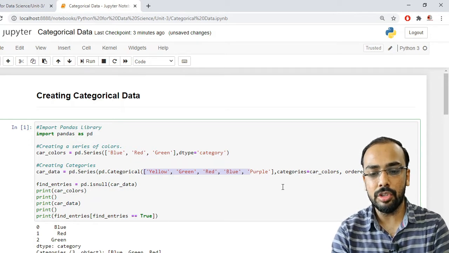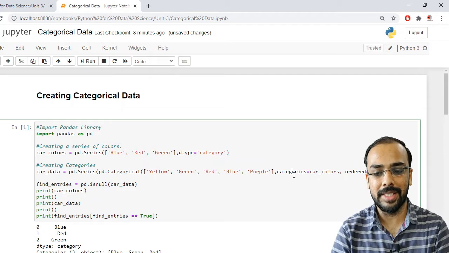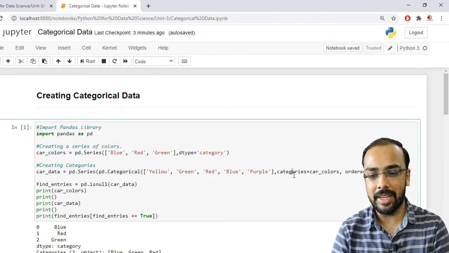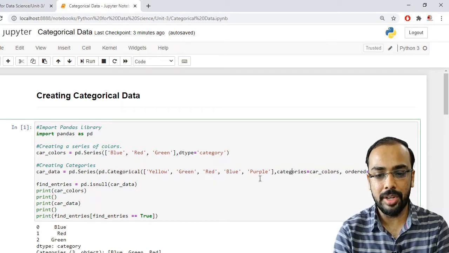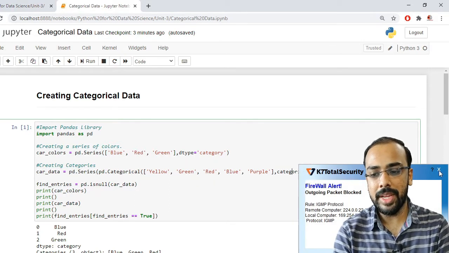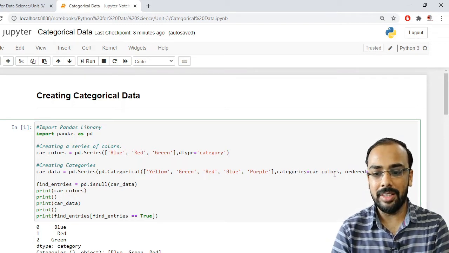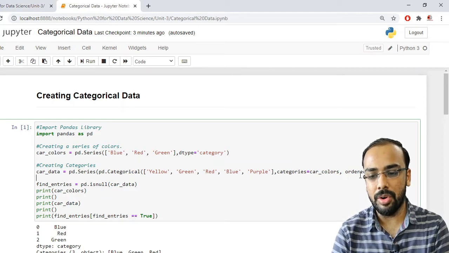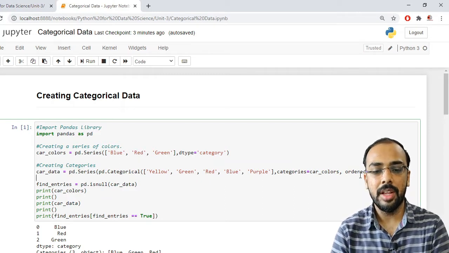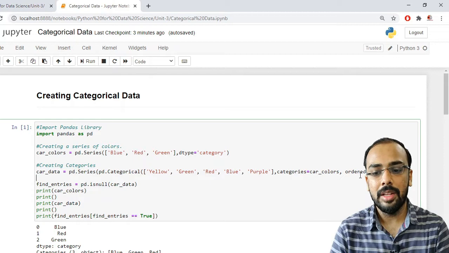If we want to specify the categories, we have an attribute named categories, and I want to assign the categories as car_colors because these are also the colors. So we use categories equal to car_colors, and the third parameter I have passed is ordered equal to False. That means these color values will not be placed in a particular order.